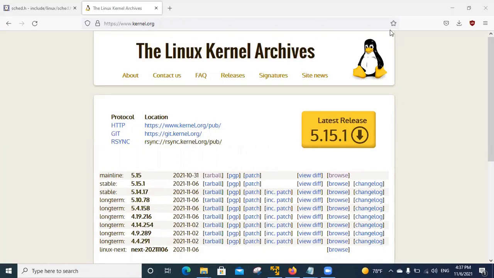First of all, we go to www.kernel.org and download the latest release, 5.15.1, to get the source code of Linux. After that, we began to look for the task struct, but it was very difficult to find because the file was very huge. So I go to the location